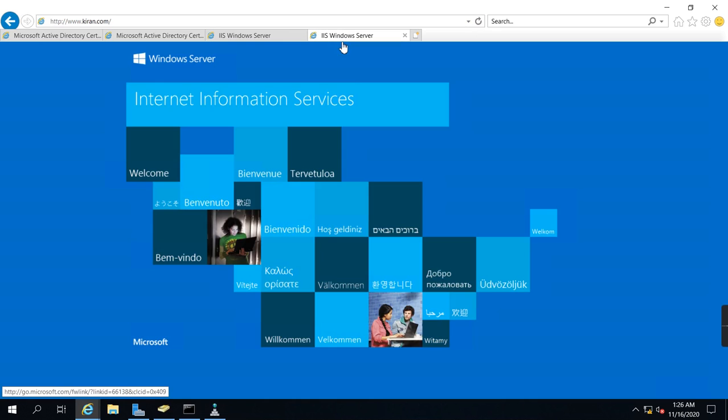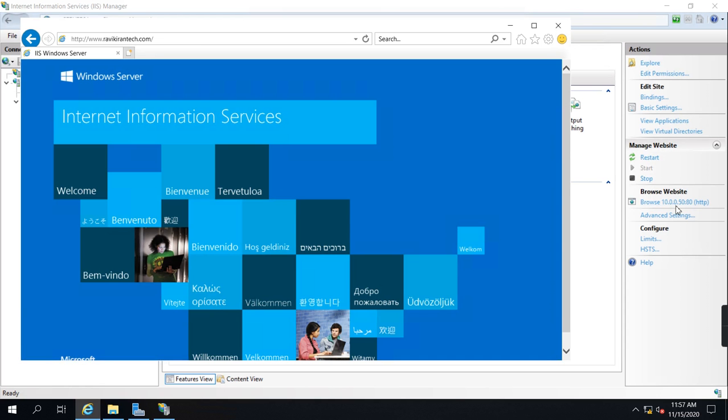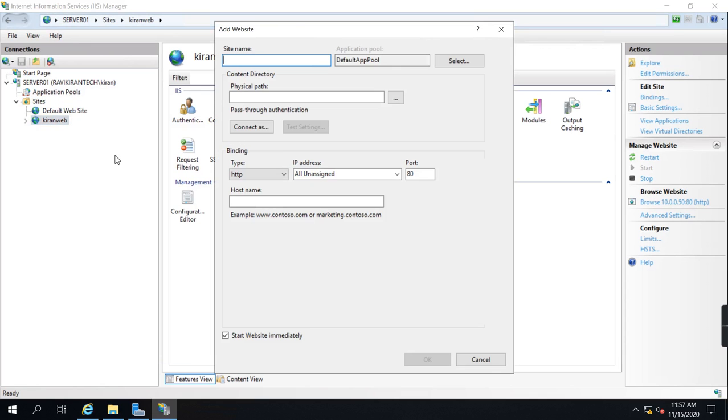Paste it, enter. By default you are able to access with ravikiranted.com and same thing kiran.com. So now it is pointing to the IP address 10.0.0.50. So now I am going to change the IP address. See, only website Kiran Web is there. So now I am going to create another website,